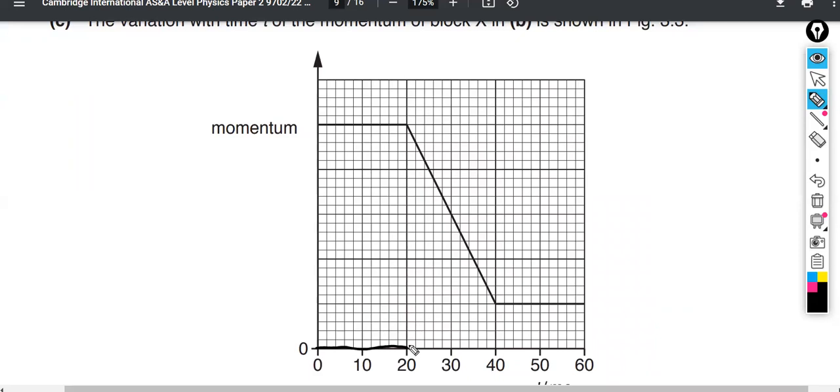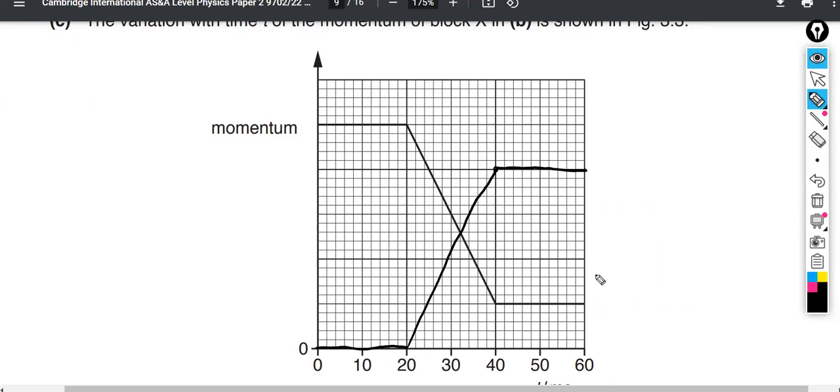And so we just want to keep the same change in momentum, so this thing is going to increase 1, 2, 3, 4 of these squares this way. And so by the time that they're done interacting, right at this point, you can see the momentum of this thing has leveled off. And so it's just a straight line between those two. And then that's